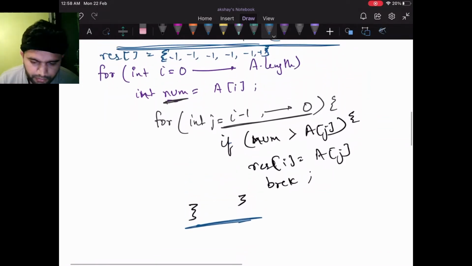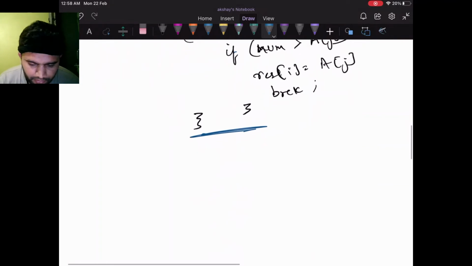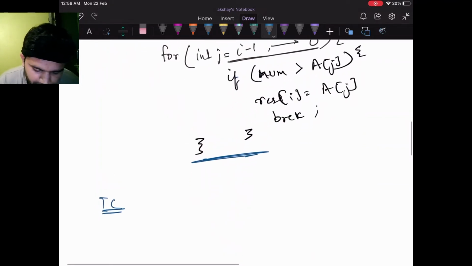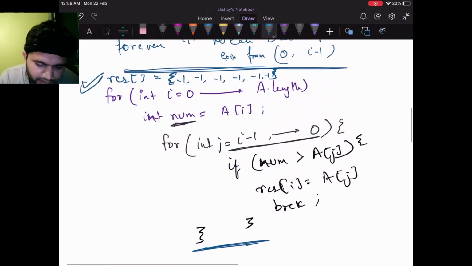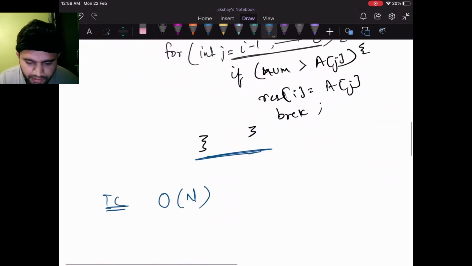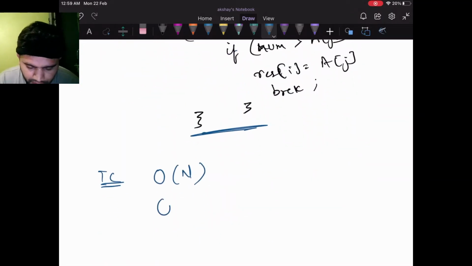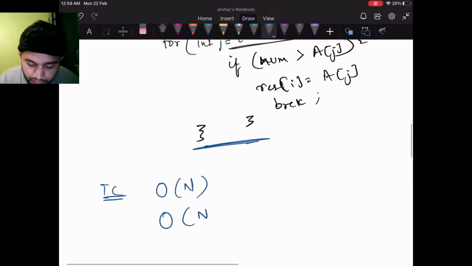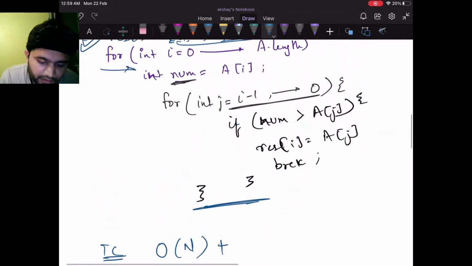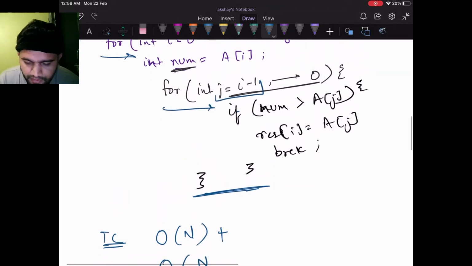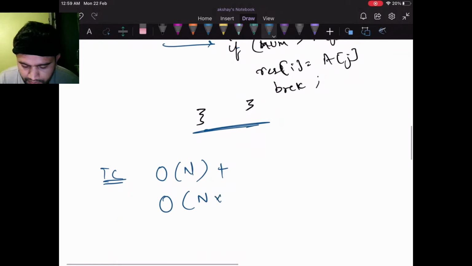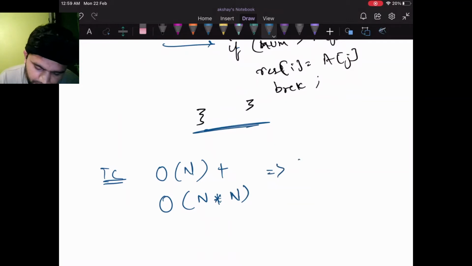Now let's get to the time complexity. The time complexity would be order of n to create this result array and assign -1 to every element, and then order of n to iterate my original array, and I am reversing from j to 0, which is again n, so this will be order of n square.